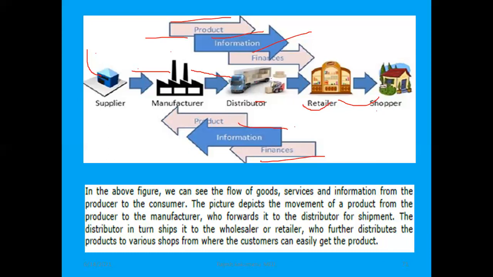In the above figure we can see the flow of goods, services and information from the producer to the consumer. The picture depicts the movement of product from the producer to the manufacturer, which forwards it to the distributor for shipment. The distributor in turn ships to the wholesaler and retailer, who further distribute the products to various shops from where the customer can easily get the product. Next,